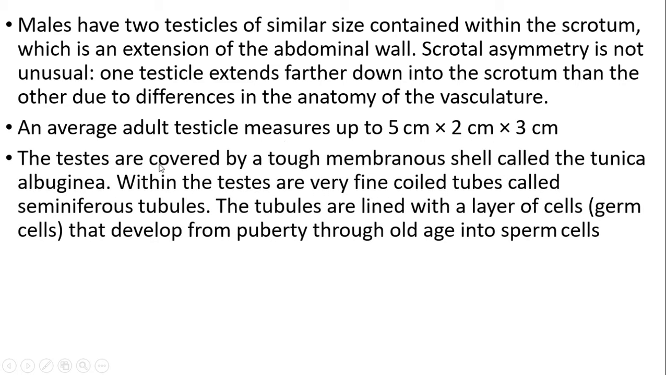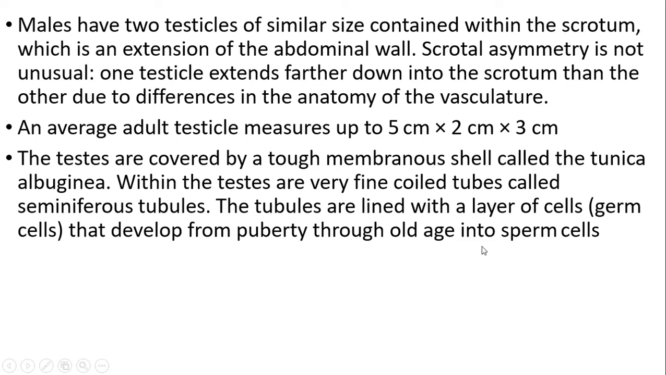The testis is covered by a rough, tough membranous shell called tunica albuginea. Within the testis are very fine coiled tubes called seminiferous tubules. The tubules are lined with a layer of cells like germ cells that develop from puberty to the old age